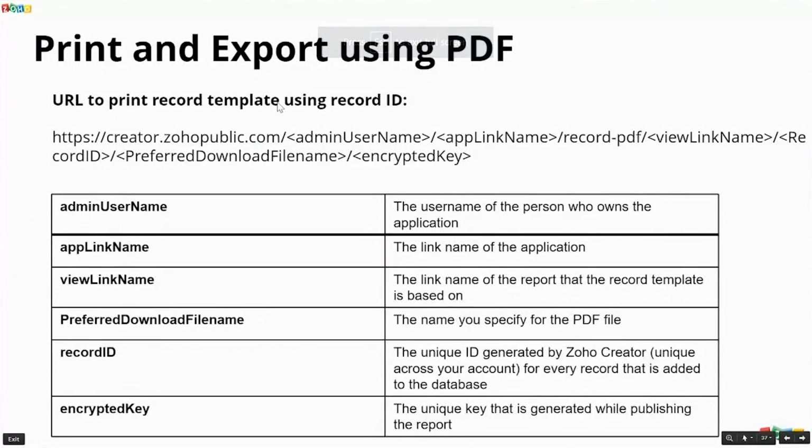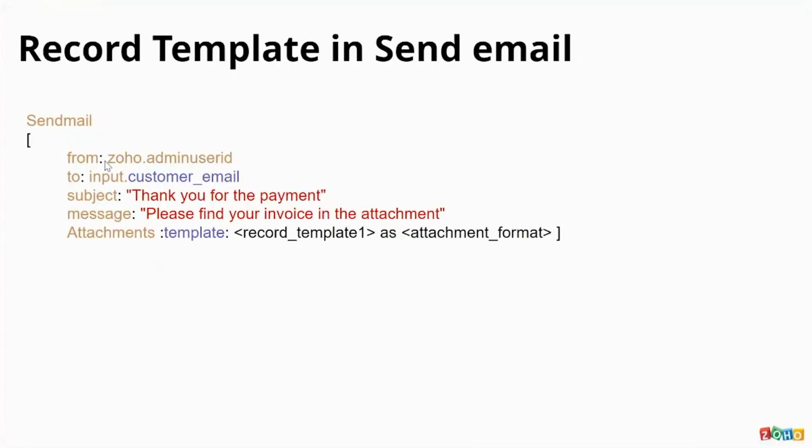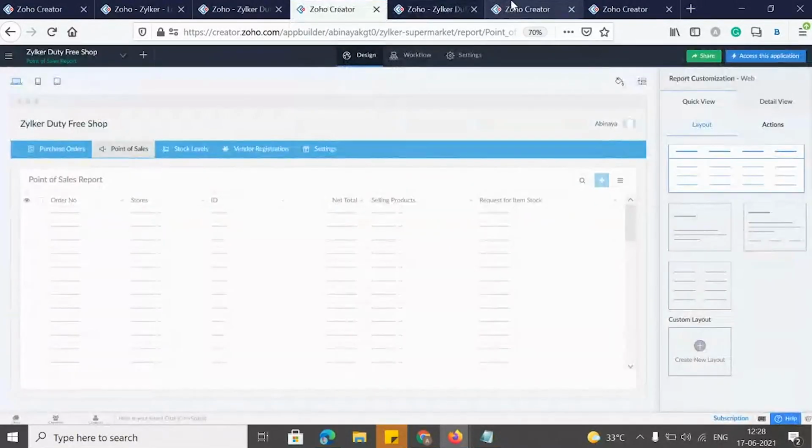Again, if you wanted to print and export using PDF, you can follow the method here. The preferred download file name has to be given. That is the only difference. And coming to the record template and send email. So along with the send email task, you can attach the templates that you've created. So this is the format. From, to, subject and message you've already given, and in the attachments you should give the template name and the attachment format. So within the workflow,